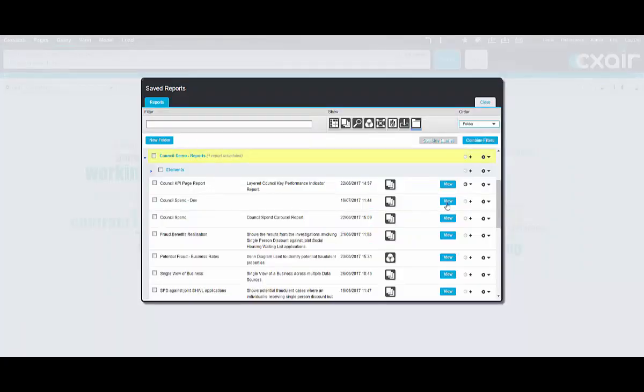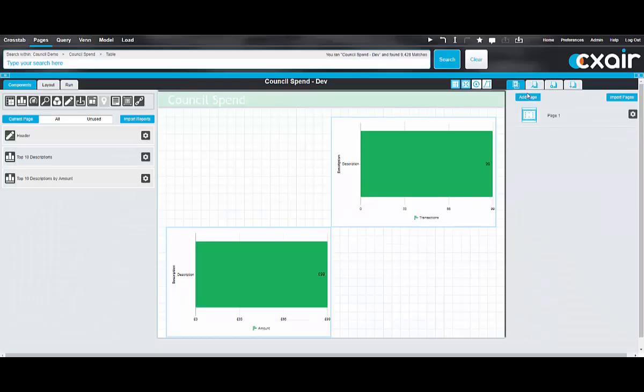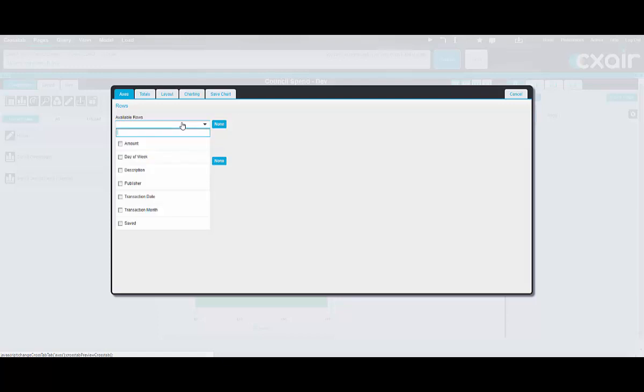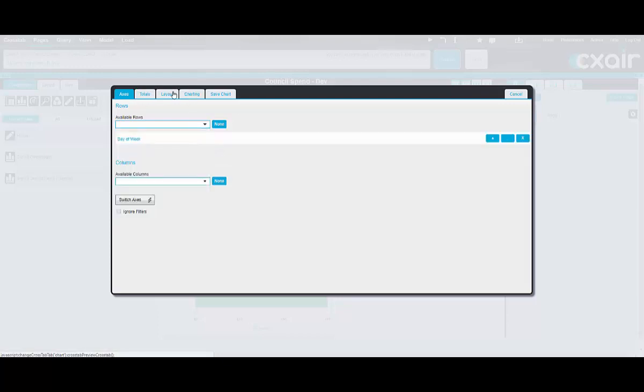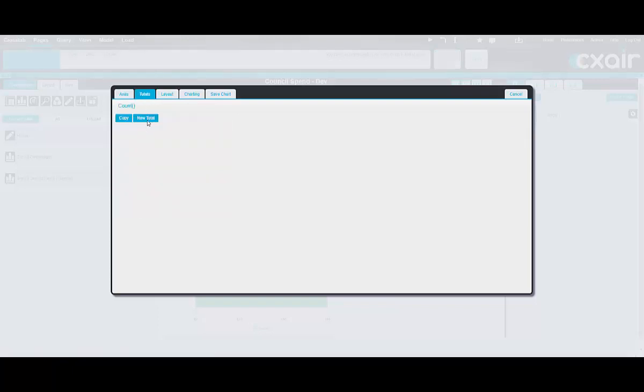So you can either create new charts and tables on the fly within pages, or you can load elements from other sectors of the product, so crosstabs, query, event, etc. So the first thing I'm going to do is create a donut pie chart, and this is going to be for the day of the week. So if I pick in my row to be day of week, then if I go into my total and rename this transactions,